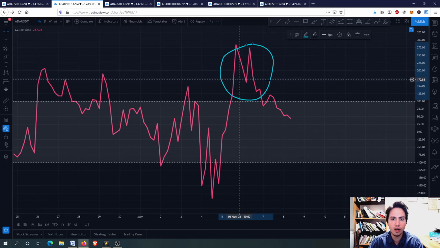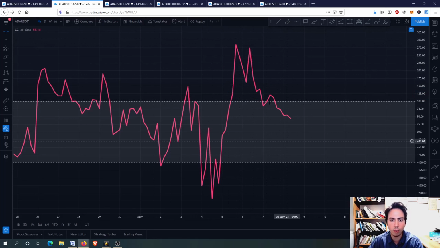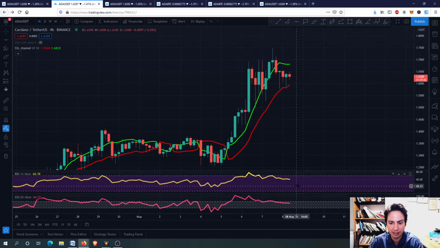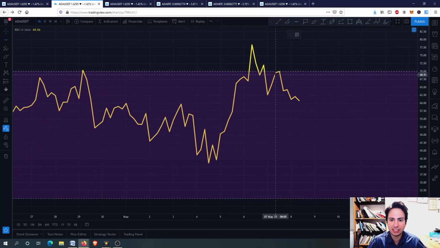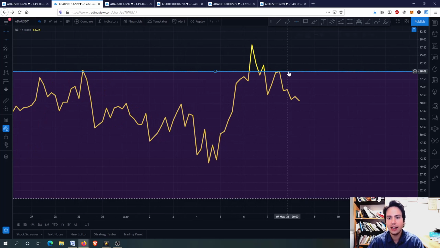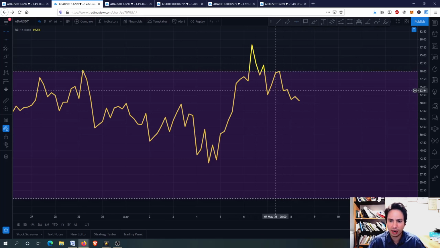So we had an overbought situation, therefore a very high risk for the next 1 to 2 days. That's why we are correcting now. Right now we are consolidating. Same with the RSI, guys. We were above the 70, the top of the iceberg here. You can see the yellow line be above the 70, this line here, guys. And of course, right now we are consolidating back.